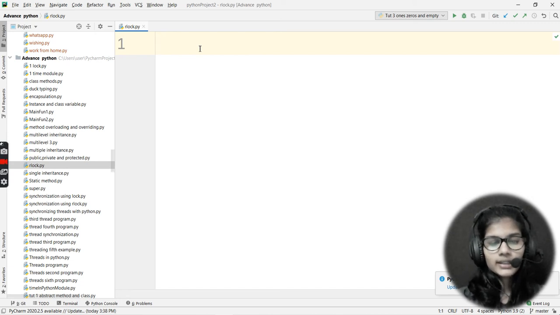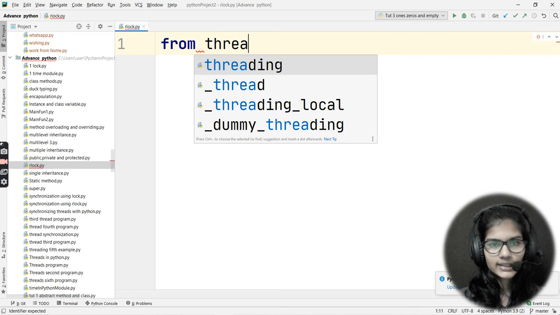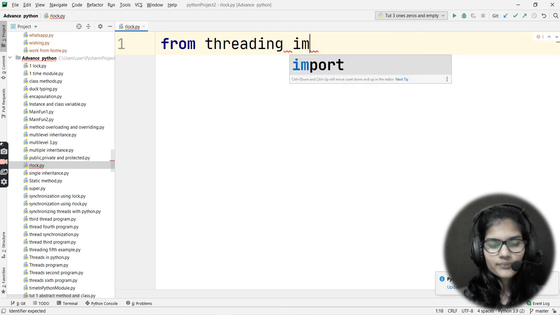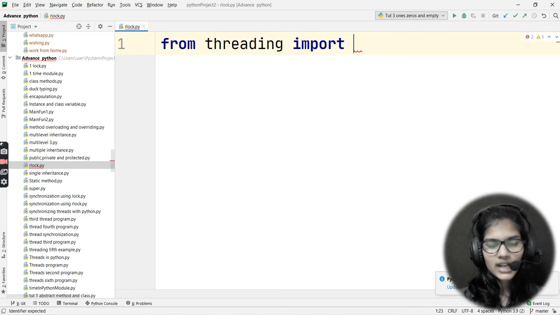Here's a little bit of difference. Instead of writing import threading, I'll be writing from threading import asterisk.